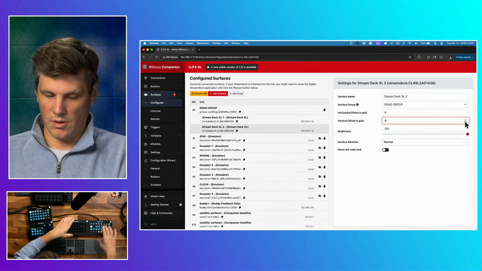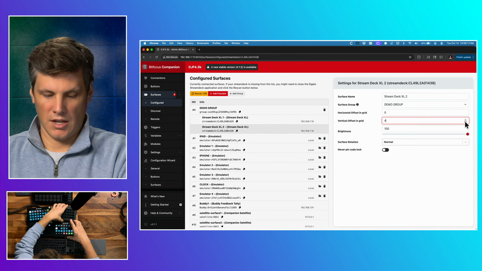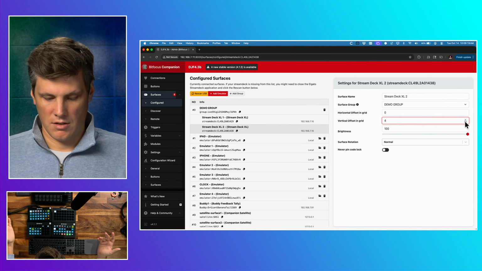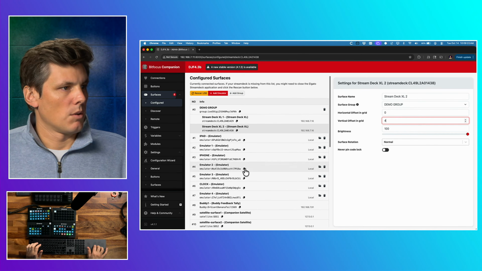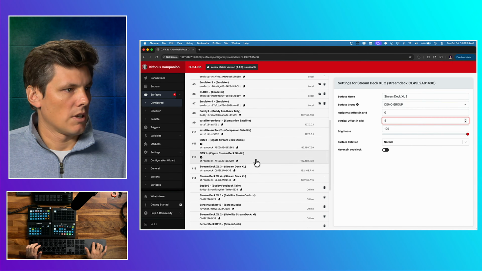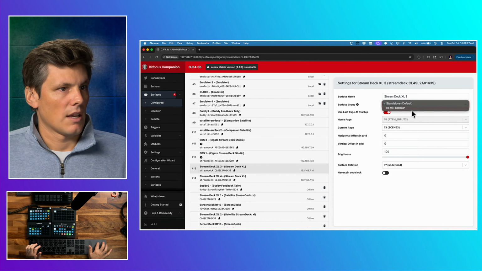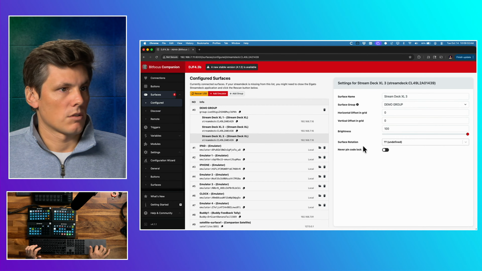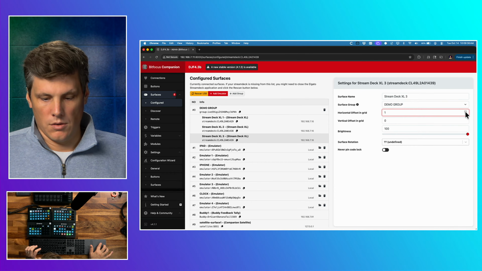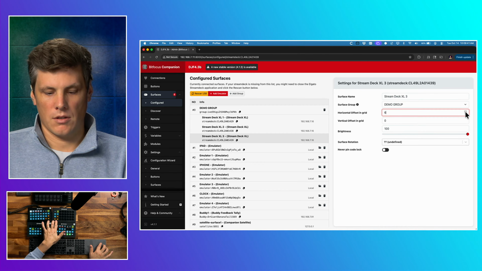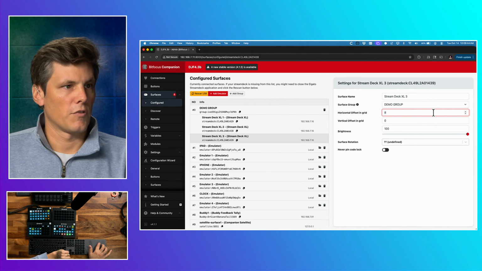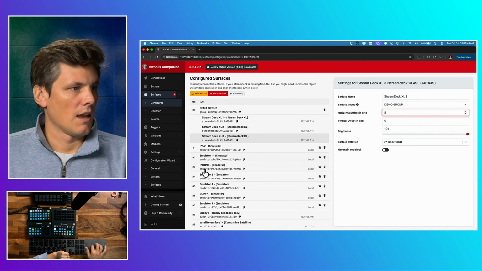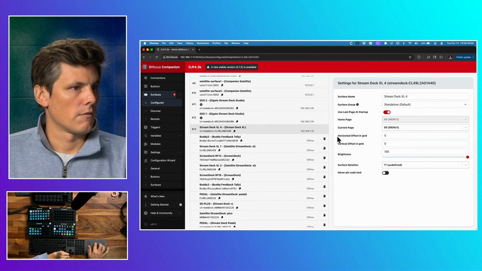Now let me see if I can arrange these so they make a little more sense visually. I wonder if that would work. I could probably make a grid. Let's try that. Okay, so we'll keep adding to that. That was 2, and then we can get 3, add it to the demo group, and I'm going to go Stream Deck 3, and we're going to do the horizontal offset now. So that's moving this one. You can see these buttons line up here, and now we've moved it over 8. And then we're going to get Stream Deck 4,